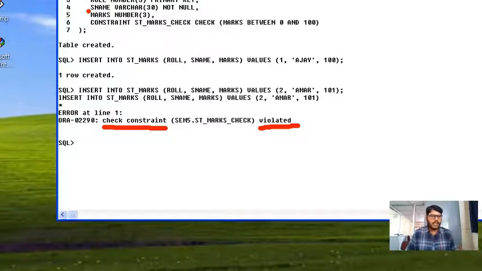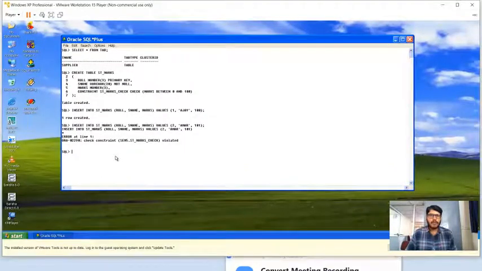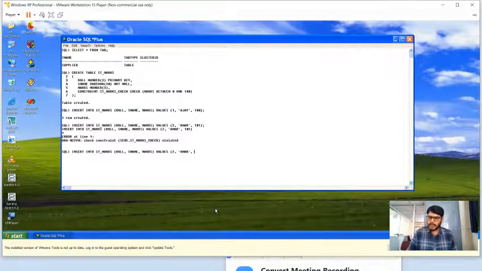Even if I specify a negative number, so what is the minimum value? 0, isn't it? Suppose I try to insert a negative value, then also it will not accept. Now let me insert a negative value. Assume that minus 12 I am going to insert here. Close the parenthesis.